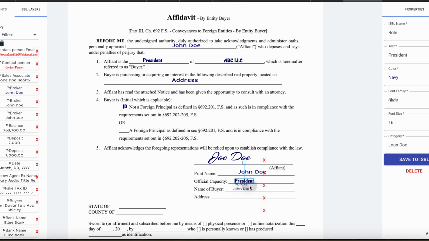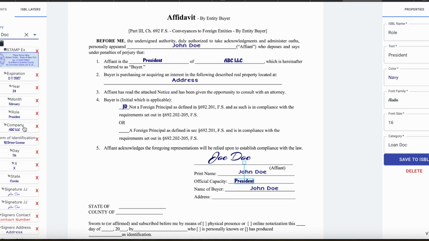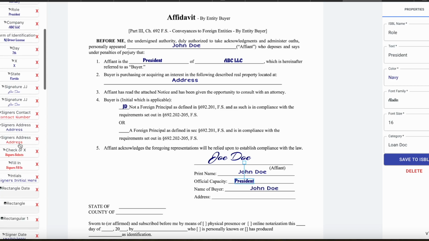John Doe. The address. Now that John Doe has finished, now that John Doe has signed, we can go on to